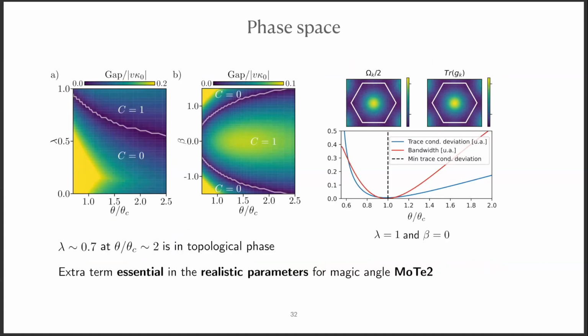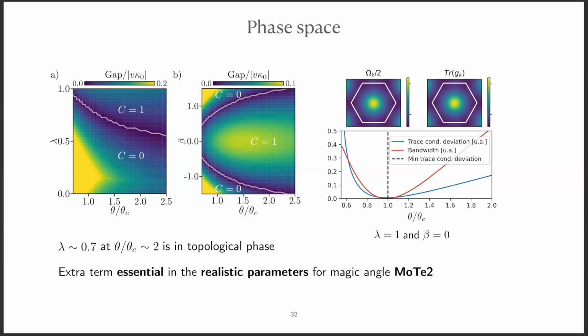So just a little bit of phase space here for MoTe2, which has around theta over theta c like 2.0, at 0.7, that would put us in a different topological phase, which means that you don't need the moiré itself to bring you to the topological phase. You are already in the topological phase. And there's an actual topological phase transition as you turn off that lambda. Okay. So that basically enlarges the topological phase. And it also allows, like I was saying, at lambda equals 1 and beta equals 0, to have the chiral limit where you have perfect ideal bands